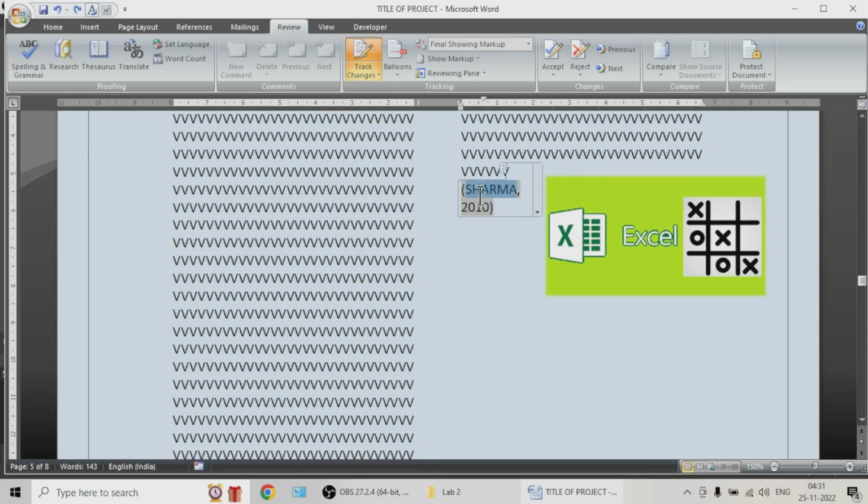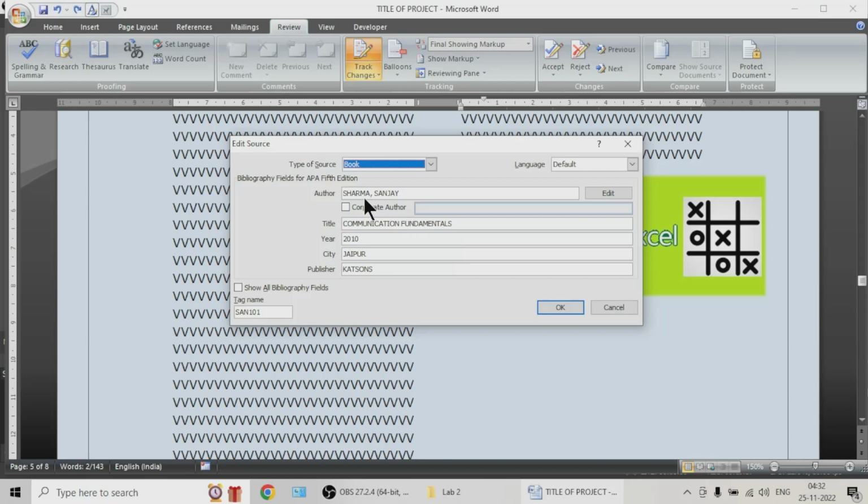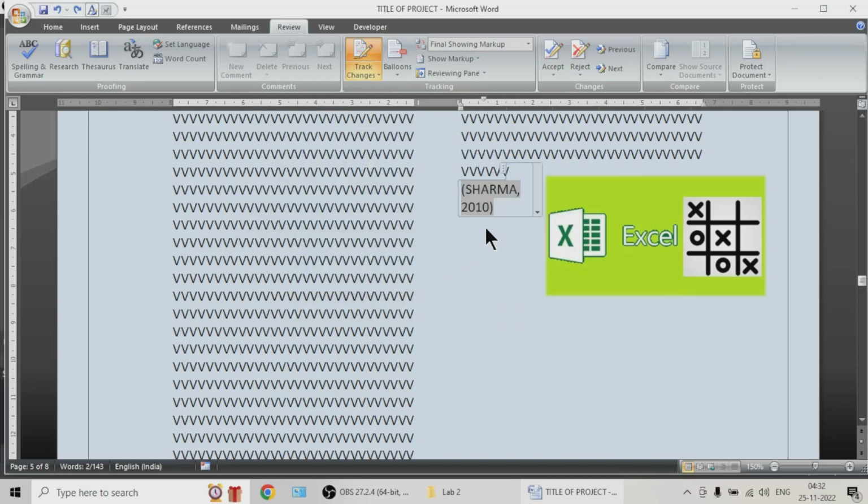This is different. You need to go into the edit source section. Let us edit the spelling. Let us say we have, let us change like this. So when it changes,